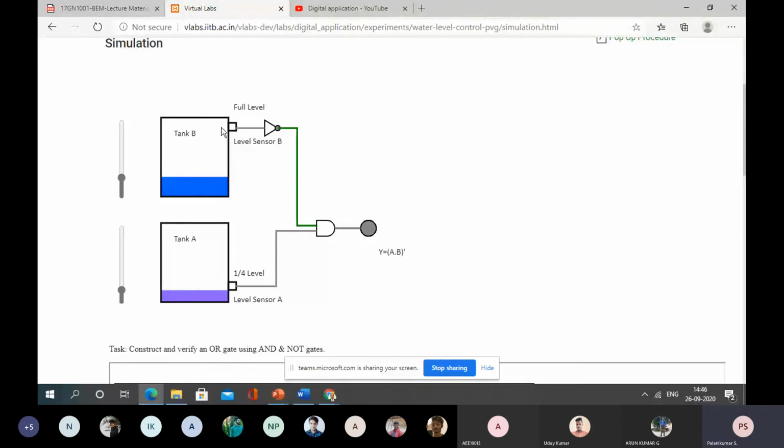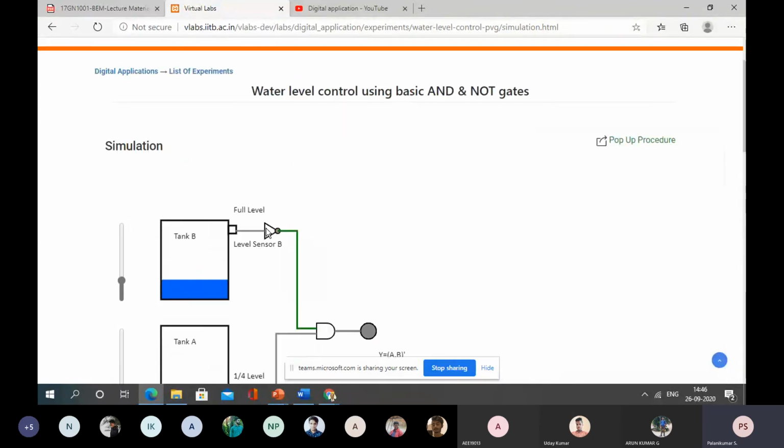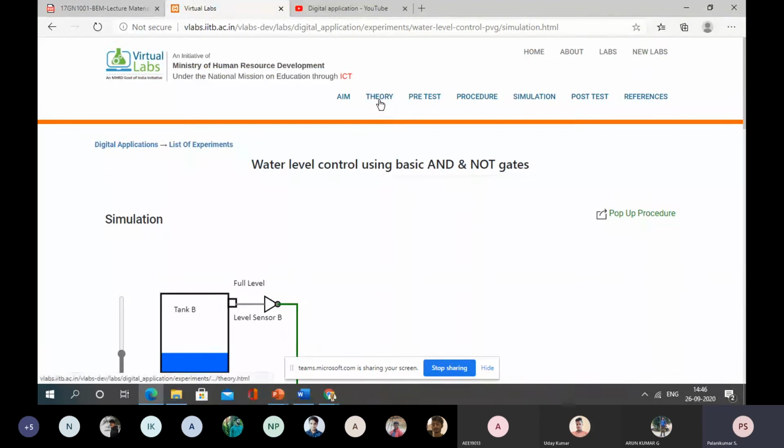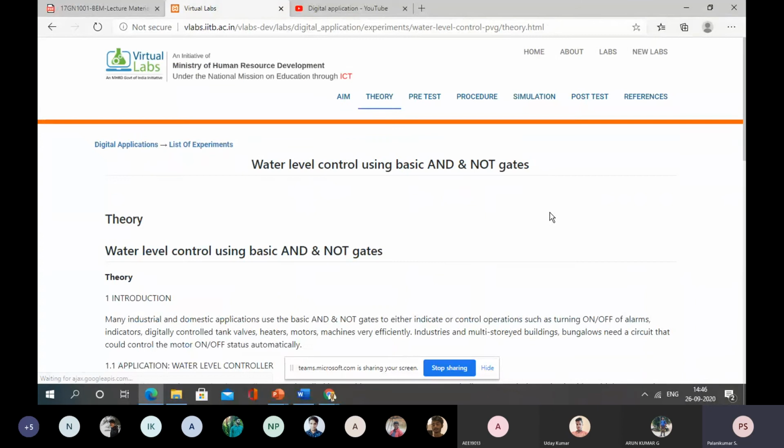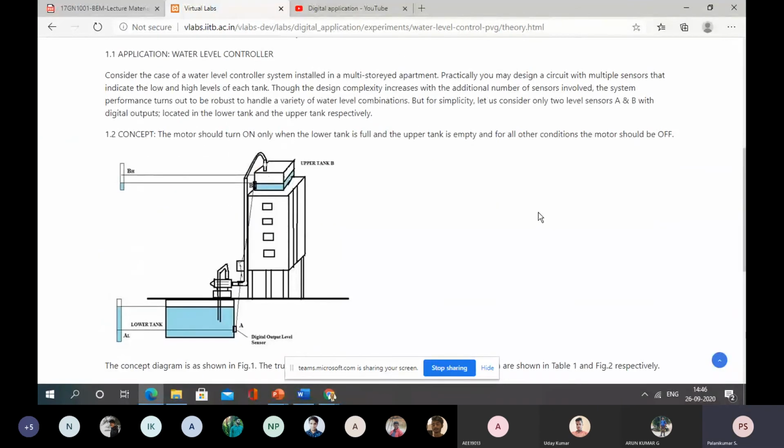When the water level is very high, or from which water level to which water level we have to move the water, likewise a lot of procedures and theory are also there. I want all of you to study these experiments. For example, this is what usually happens in a sump, a lower tank. In the sump we collect all the water, whether supplied from the corporation or from ground water using our submersible pump, and we keep this tank filled.